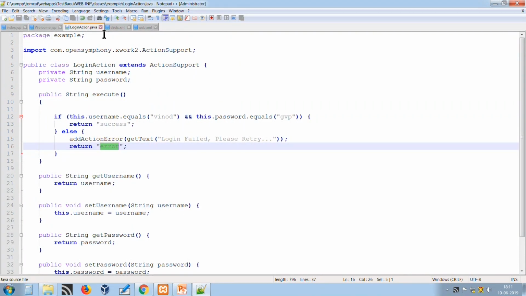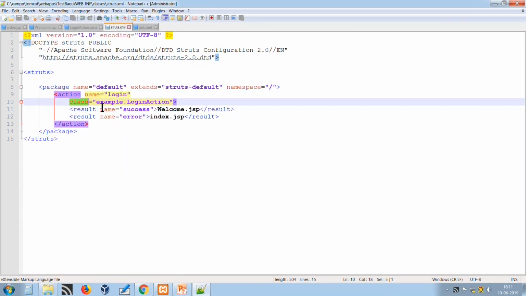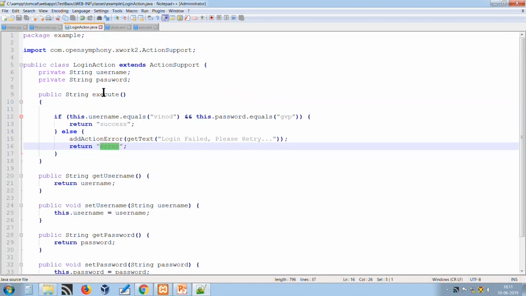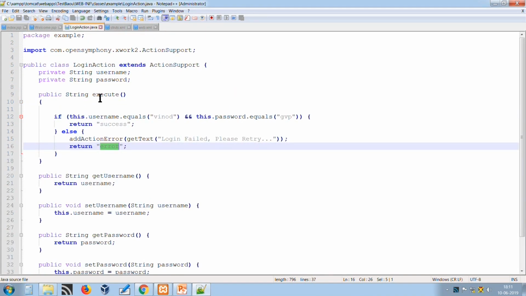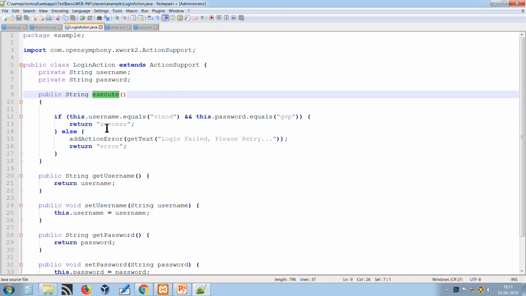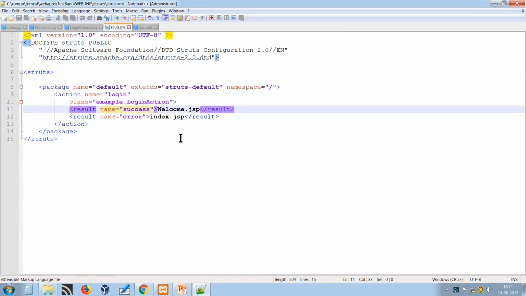So it will fetch this login action, and then load the instance of the login action class that we have defined. Once it is loaded, it will be executed, and the execute method returns either success or error. Based on these two results, it invokes the presentation back to the response.